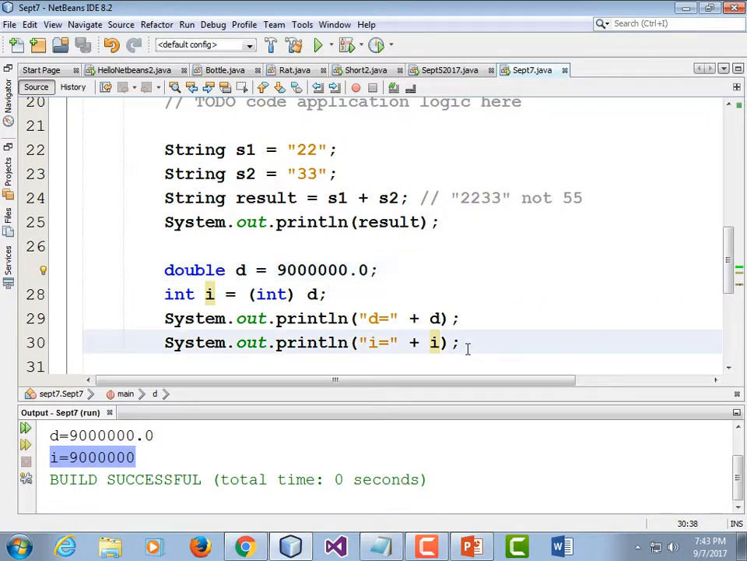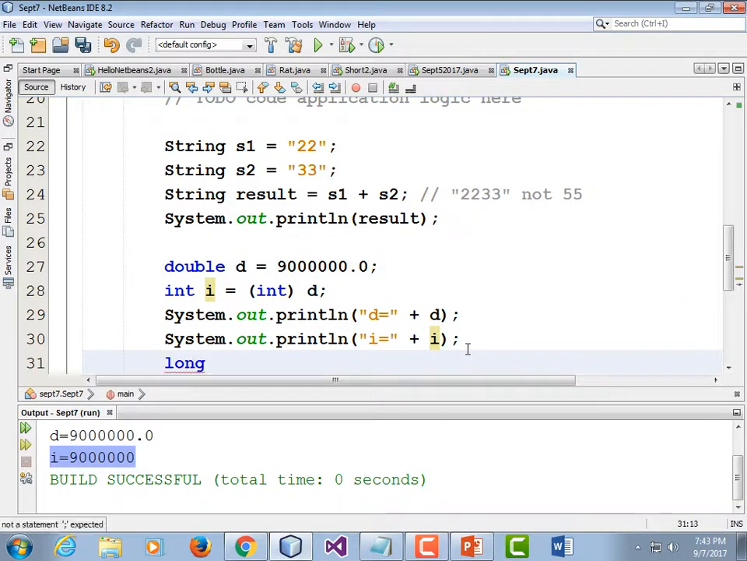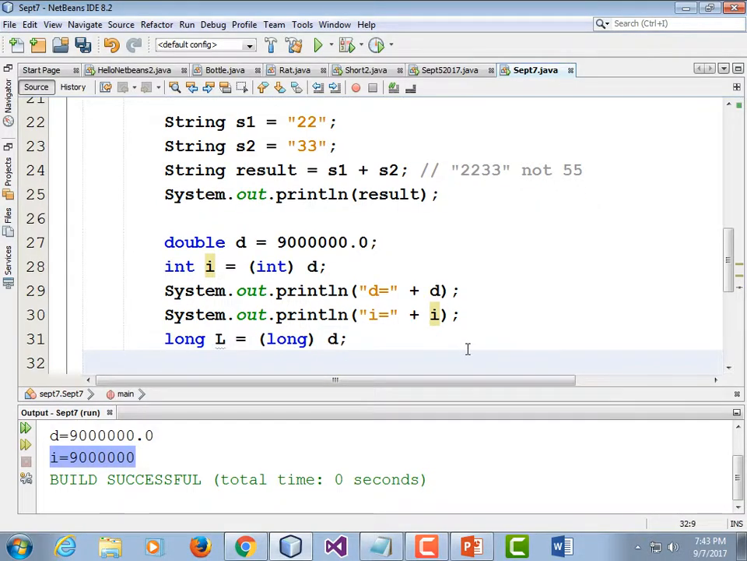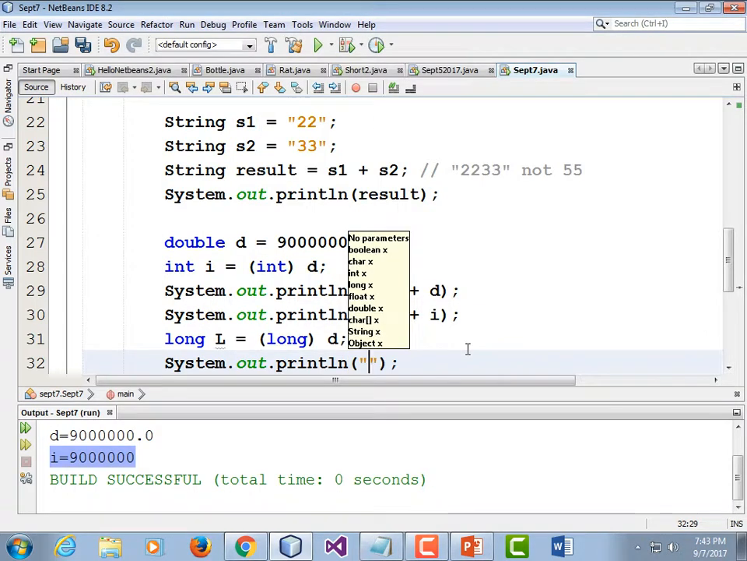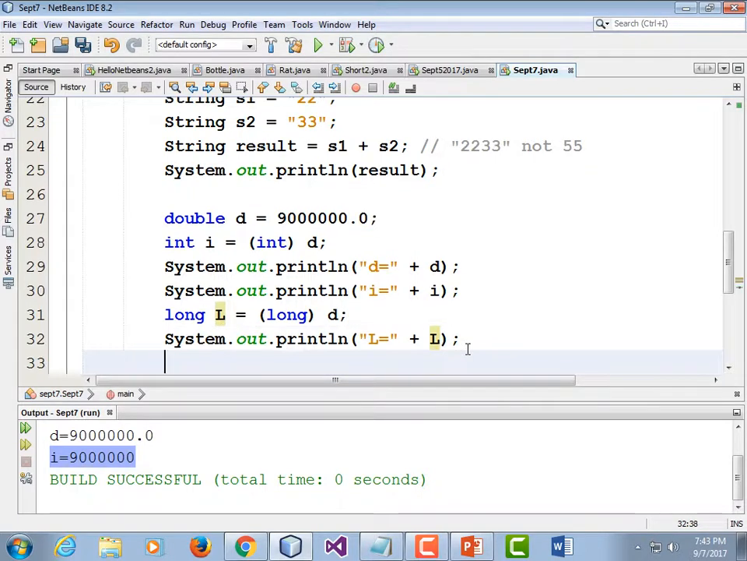You can do the same thing. Let's do long. I'm going to use a capital L. L is equal to the long version of that D variable. And then let's print that one out. I did capital L just because it otherwise looks like a 1. System.out.println L equals, end quote, plus capital L. And we run it, and yeah, I and L are the same thing because 9 million comfortably fits in both an